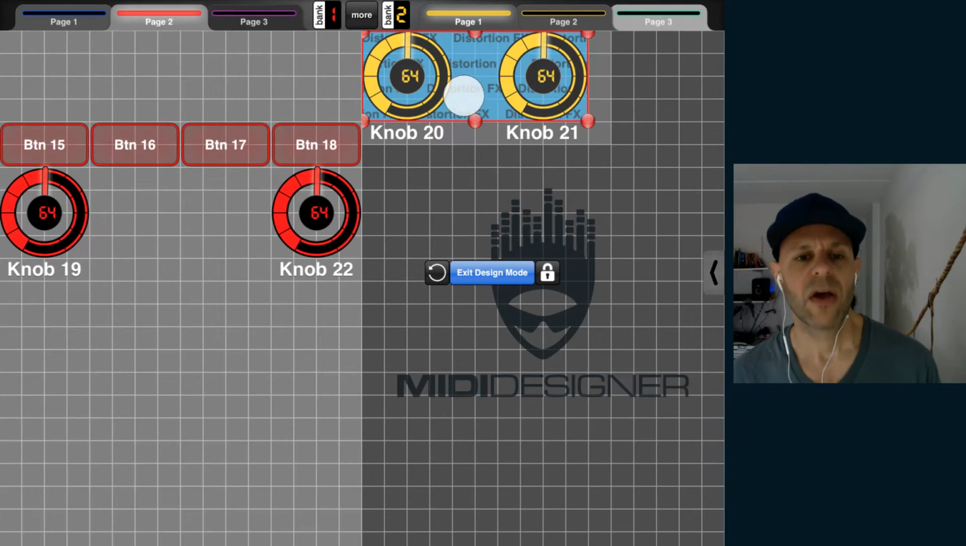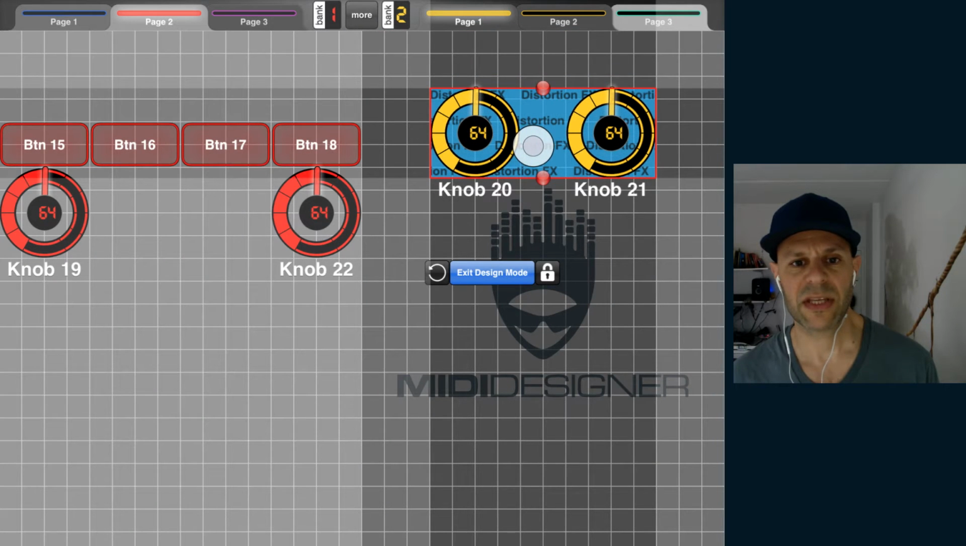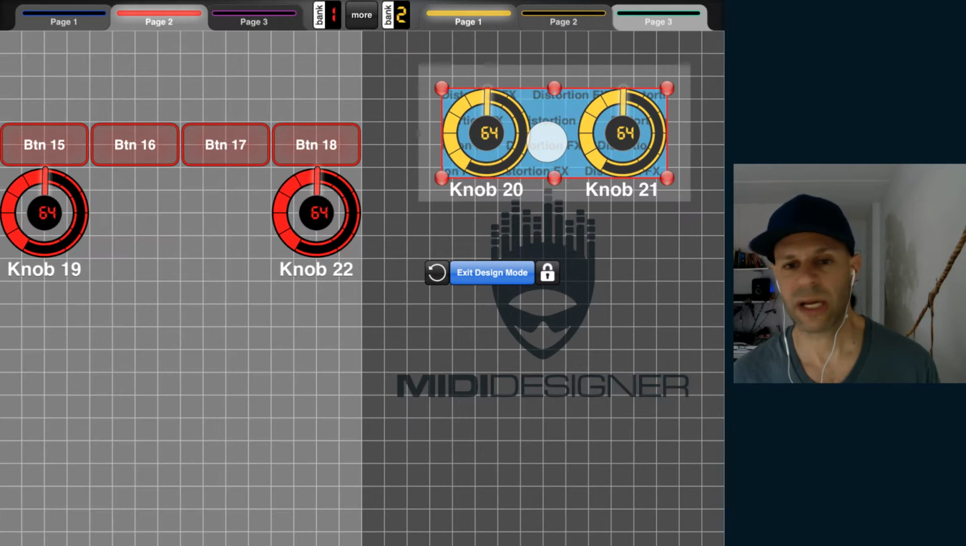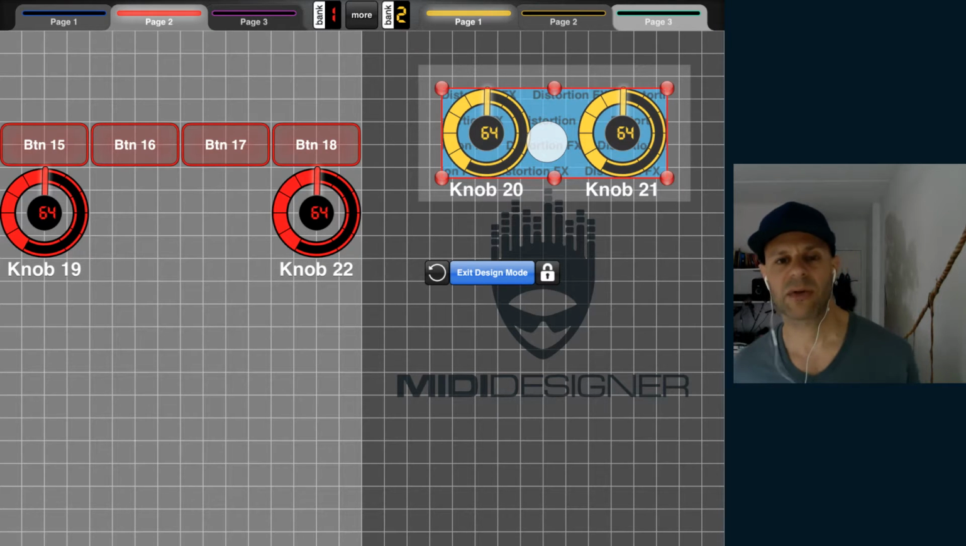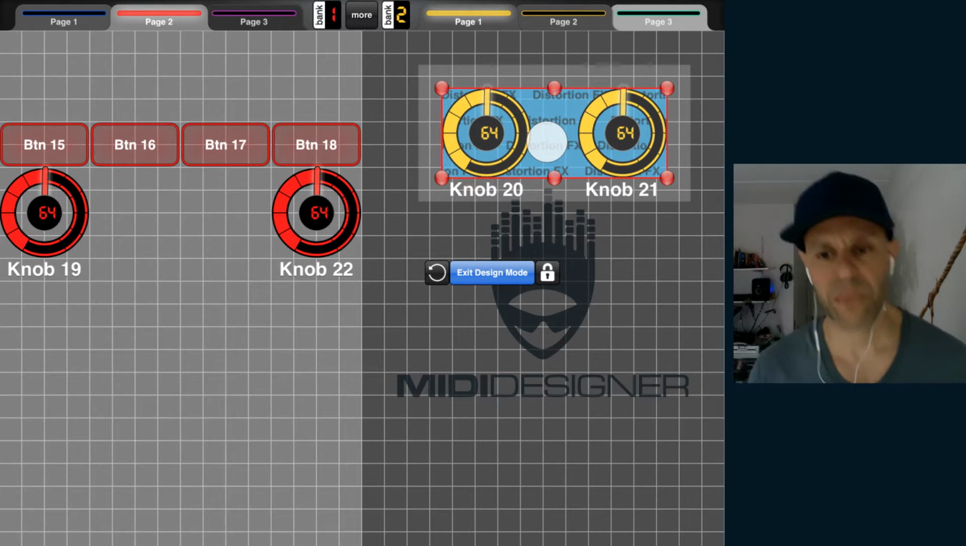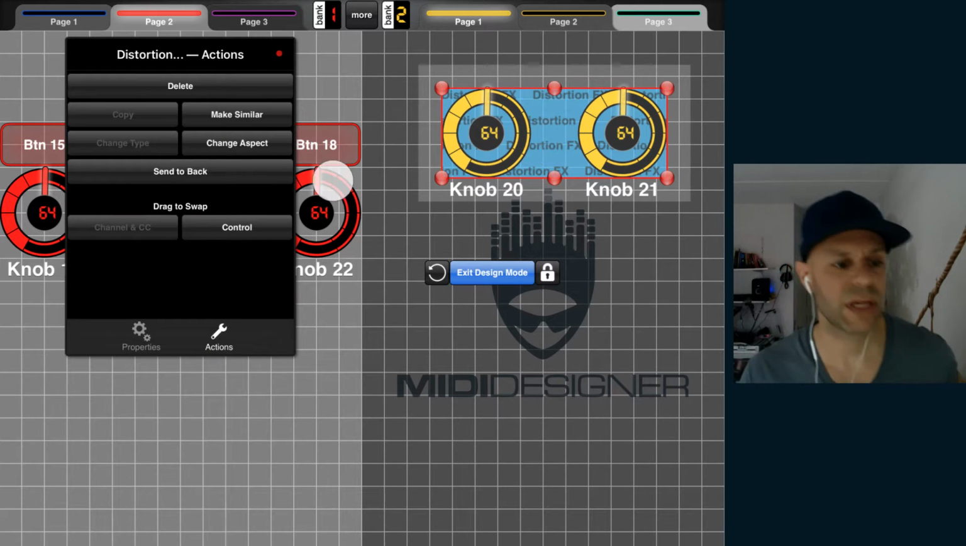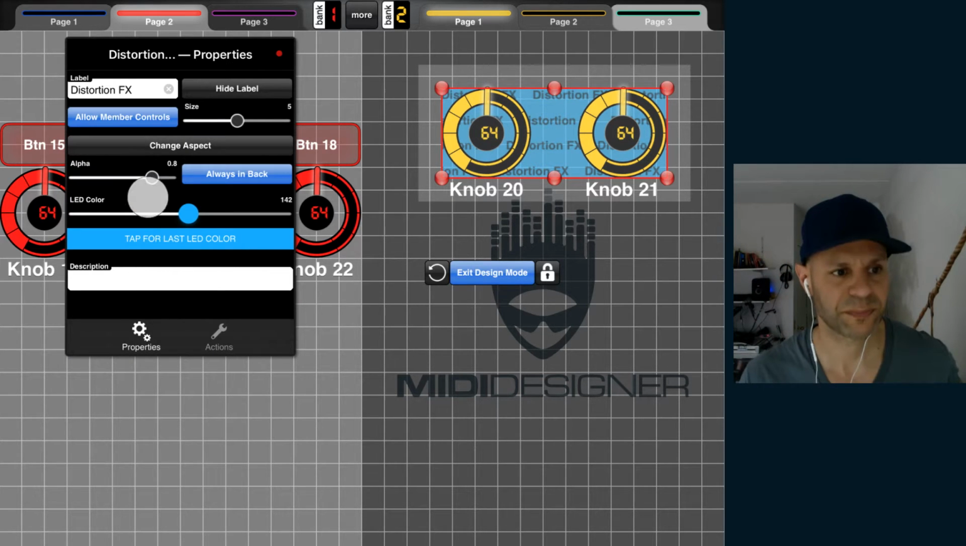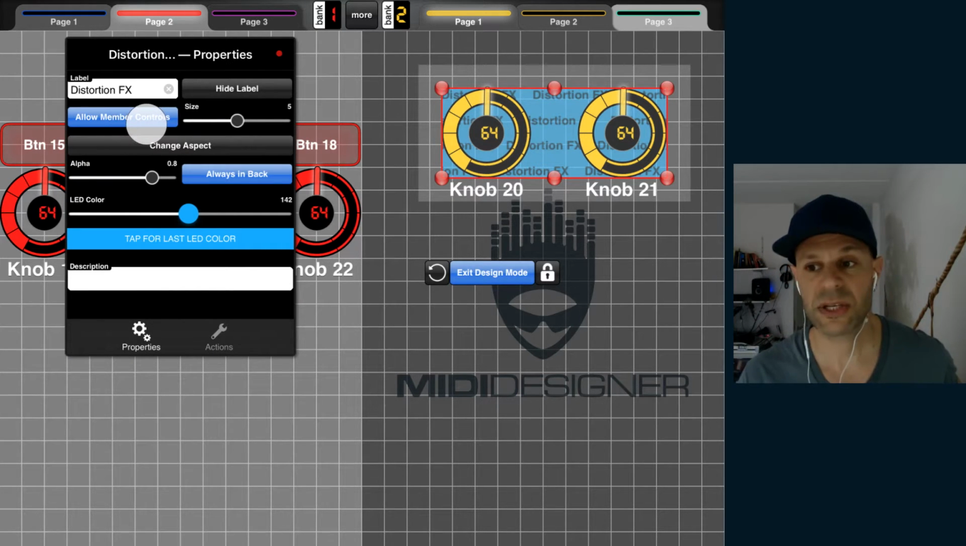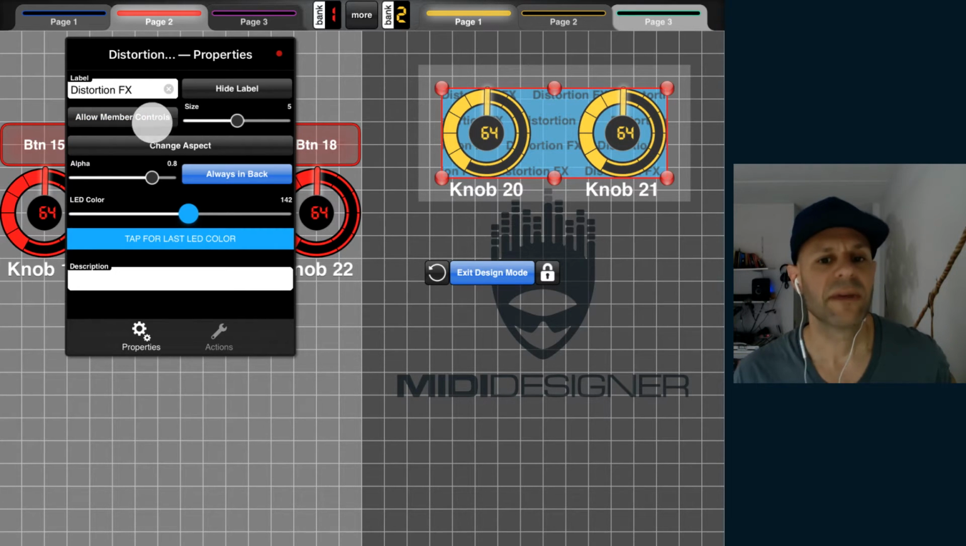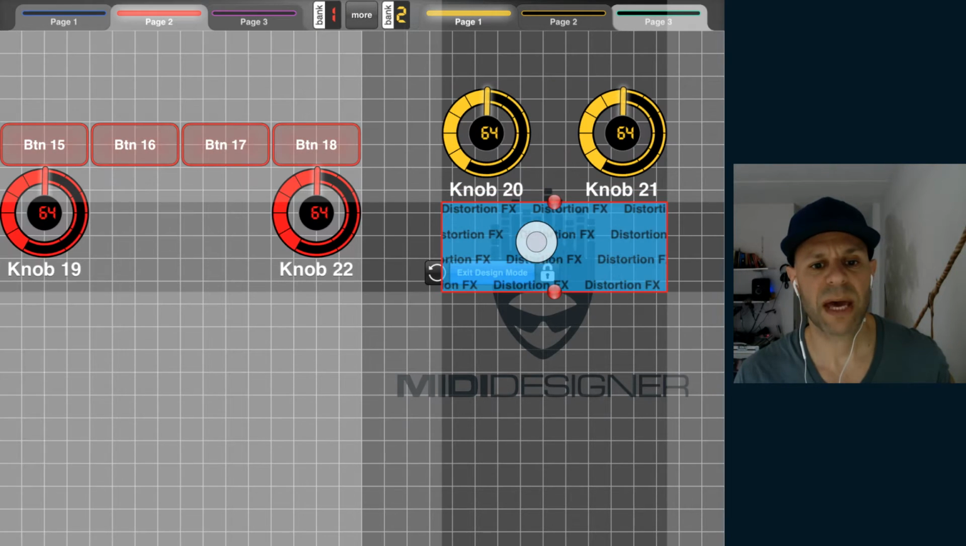which is great. But another thing, and this is what we're rolling out in 2.9, is we allow the panels to be non-grouping. So if I double tap on the panel here and I go to Properties, I see this new toggle which is called Allow Member Controls. It's on by default. So I tap that, shut it off, and now I can move this panel around without